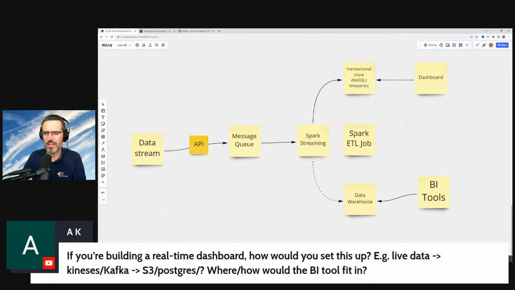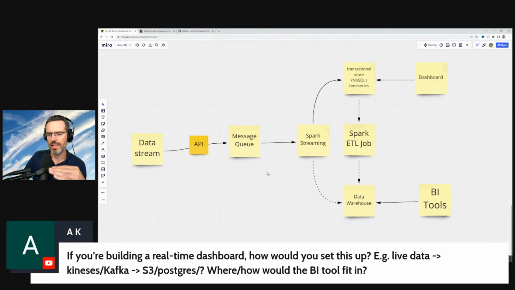And this job once a day gets the data out of here and writes it here. Or let's make this a logical. So this ETL job once a day writes the data in here. That's something that is important. So you have these two parts: the upper part with live dashboards that are more towards the transactional levels, the individual data points that are coming in, or you have a warehouse or an analytical database.